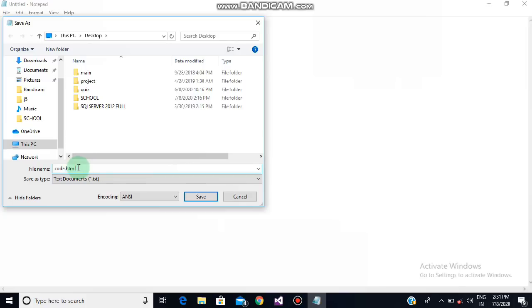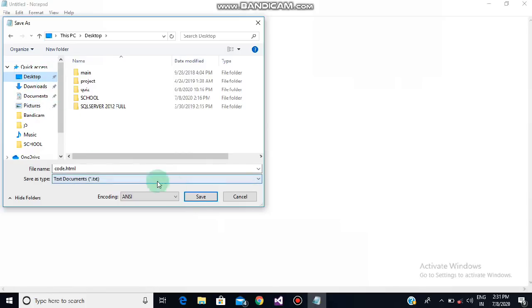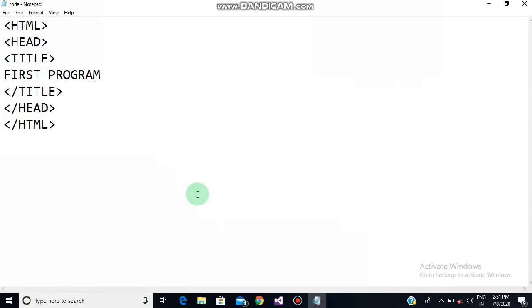It is very important. And as per your convenience, you select the desktop where you want to save this file and click on the save button. Now children, for this document you go and minimize it. Please do not close it, because again and again you have to open it and see if there is some error. So it's better you minimize it.